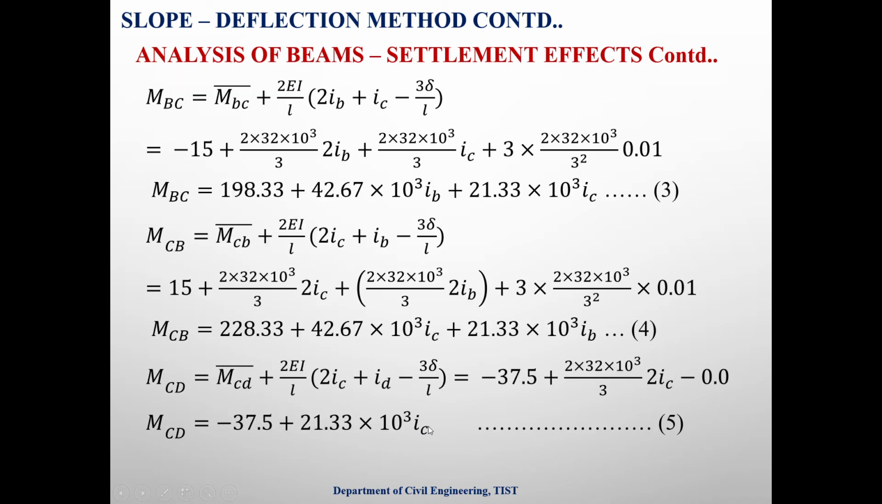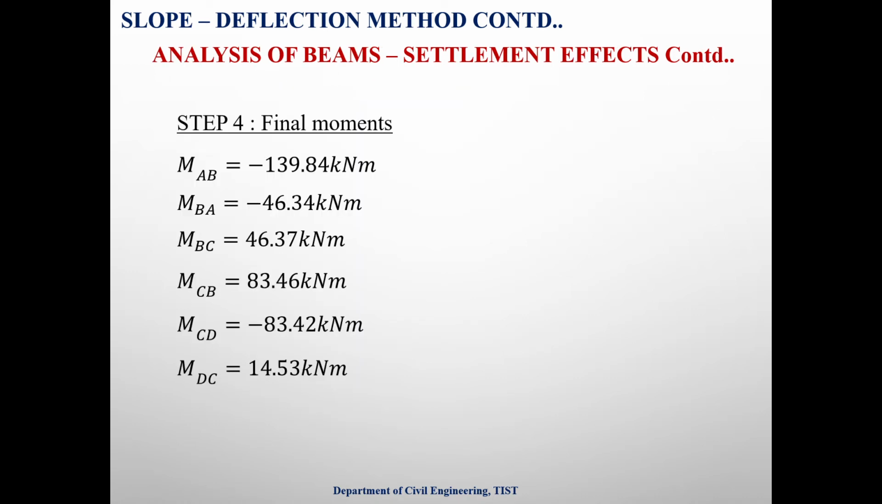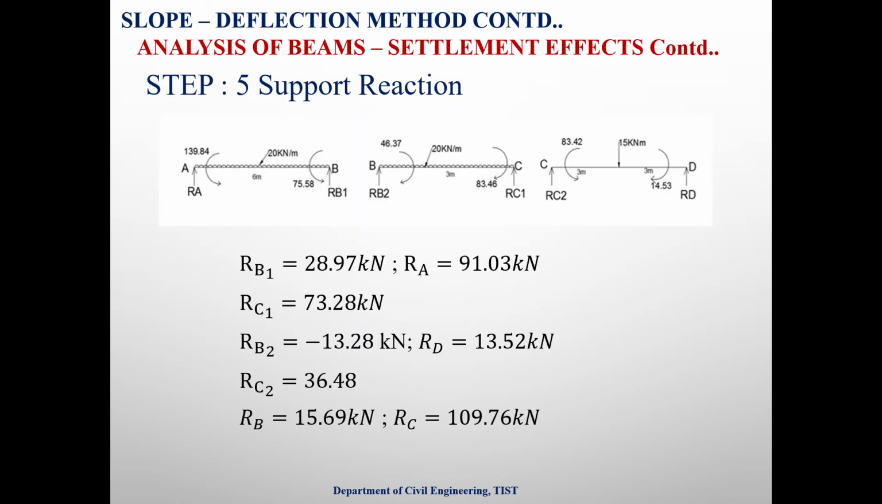Then, in order to draw the shear force diagram, find out the support reactions by considering all the external loads and all the final moments. If the final moments are negative, that means that is in the anti-clockwise direction. If the final moments are positive, that means the clockwise direction. Then consider all the external loads and, by considering the equations of equilibrium, find out what are RA, RB1, RB2,